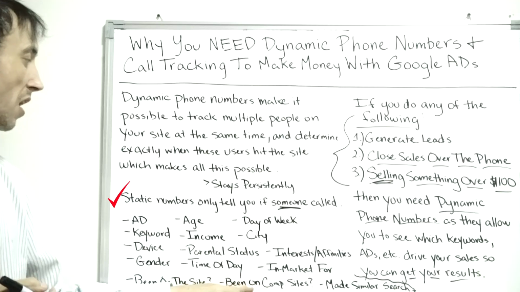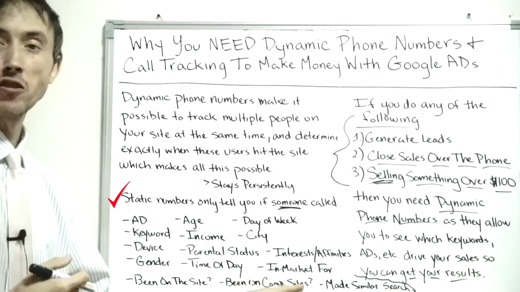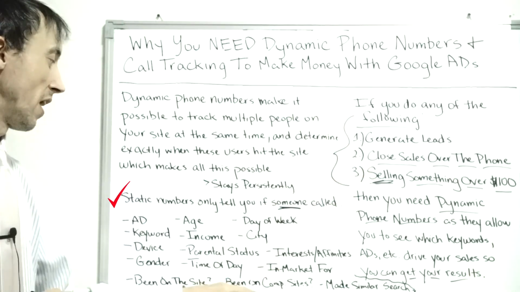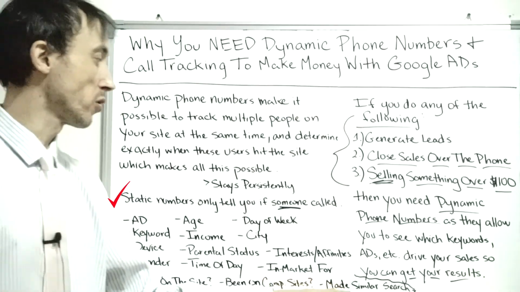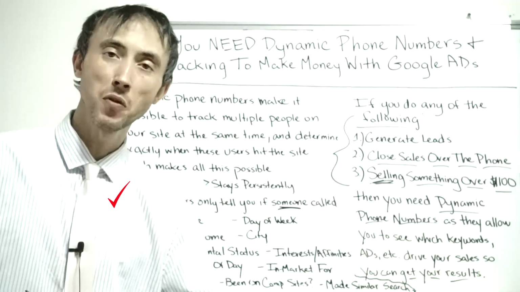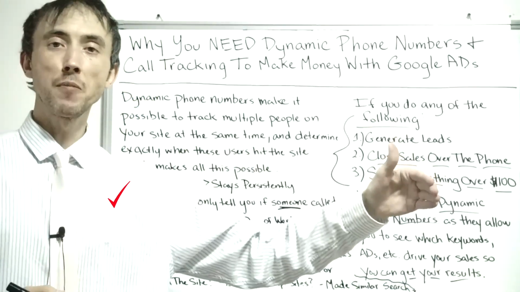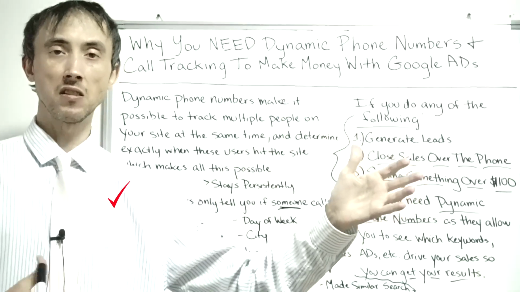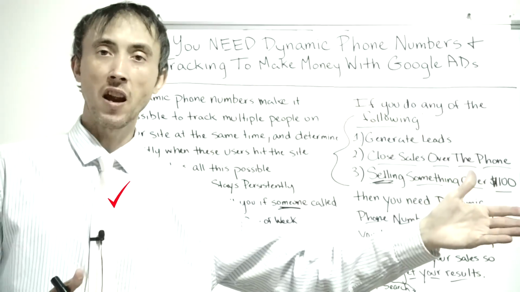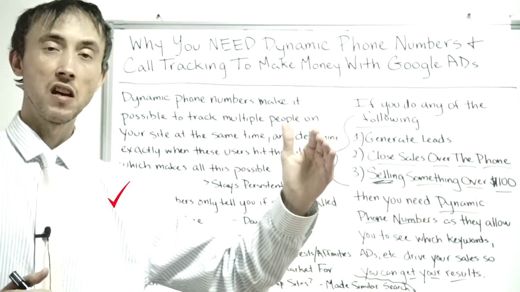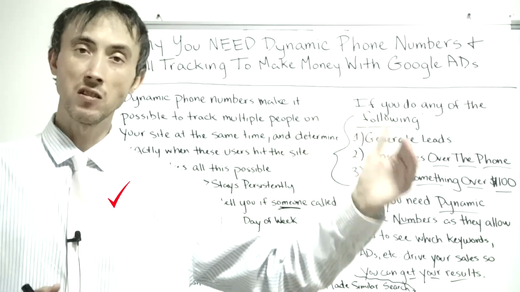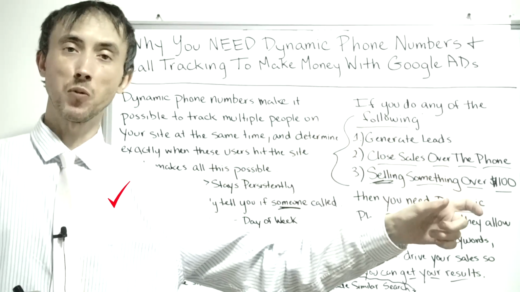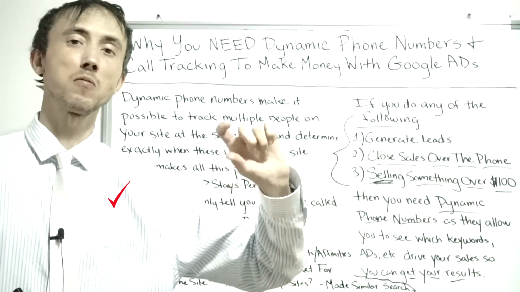You can also see exactly if somebody's been on your competitor's site, how much that affects the ROI of your keywords. And you could do it that way. You can also do the same thing if they made a similar search before. Every single time somebody makes a search for, going back to the granite countertop installation business again, if somebody searched for granite countertops in the recent past, and then they're looking for a granite countertop installer, they're going to be more likely to turn into a customer if they made that previous search than if they only just made the